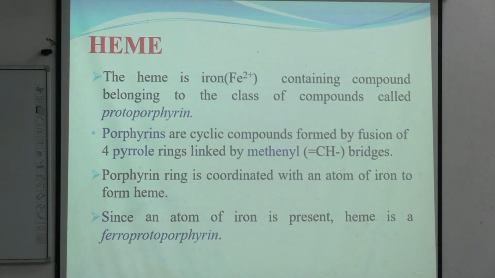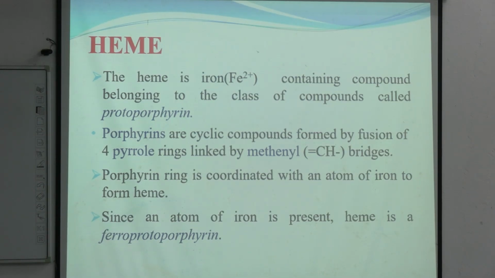Look carefully, in porphyrins the linking bridges are methynyl. It is not methylene, it is methynyl, where there is a double bond CH. This porphyrin ring coordinates with an iron atom at the center,